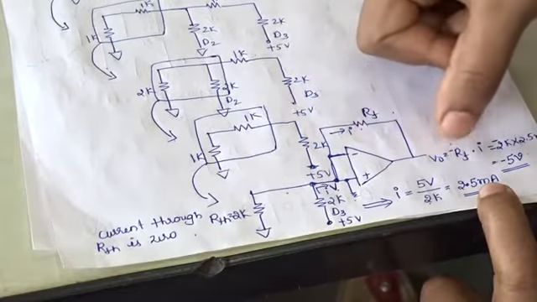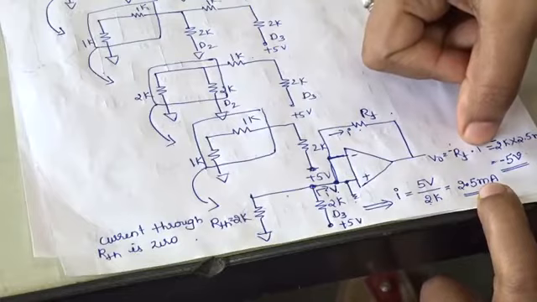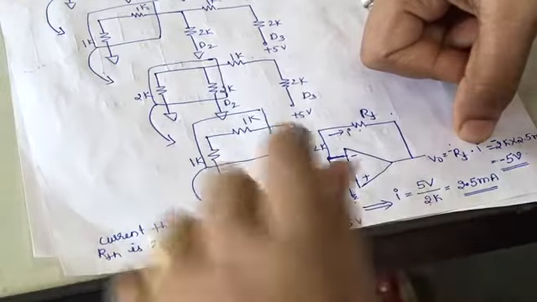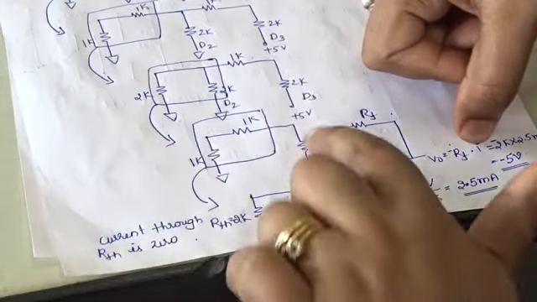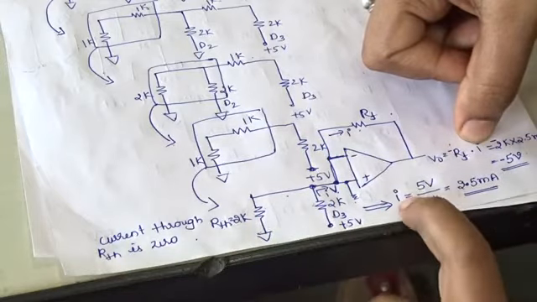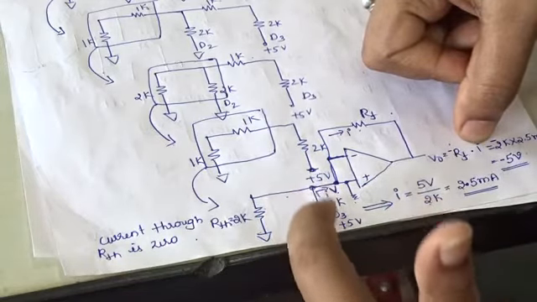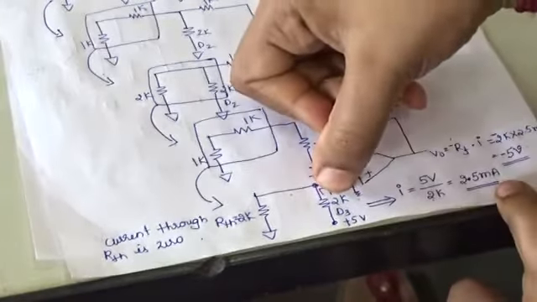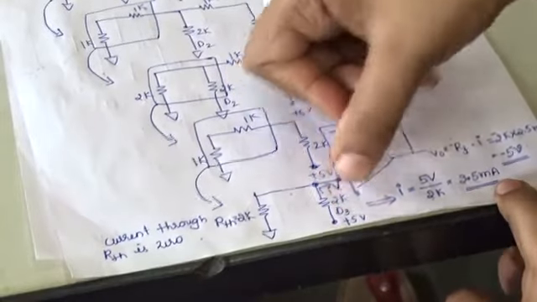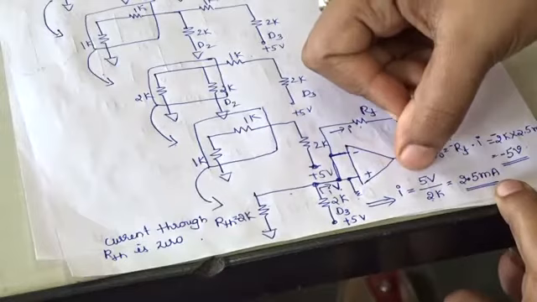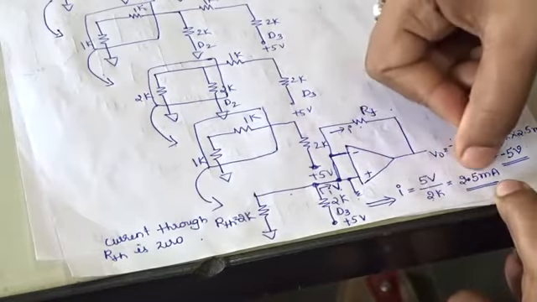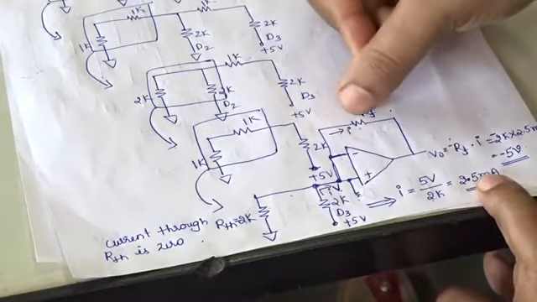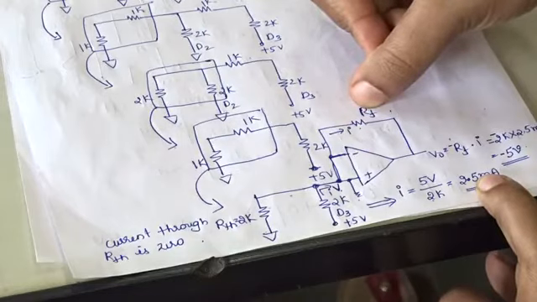So the output voltage is nothing but minus RF into I. How do we calculate this I? Whatever current flows in this is nothing but your I, and that entire amount of I flows to your feedback circuit. The voltage provided is plus 5 volt and the resistance is 2K. If I know the resistor value and the voltage value, I can easily calculate the current. I is equal to 5 volt divided by 2K, which is 2.5 milliampere. The same current flows to your feedback resistor, which has a value of 2 kilo ohm.